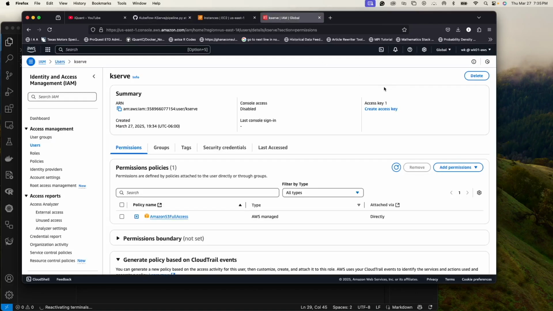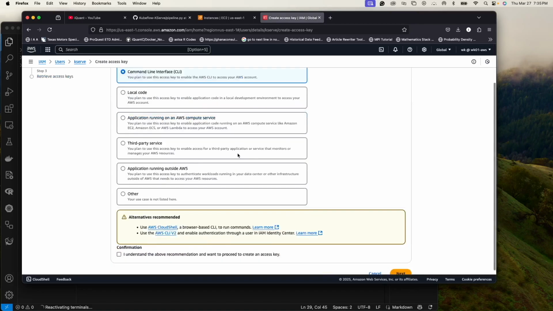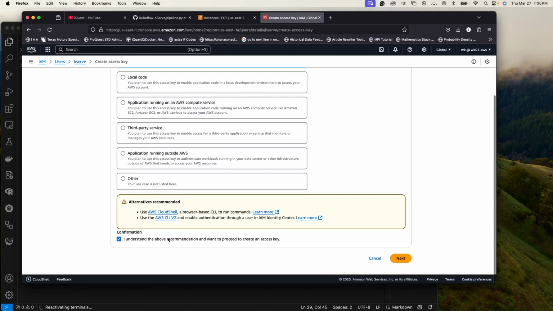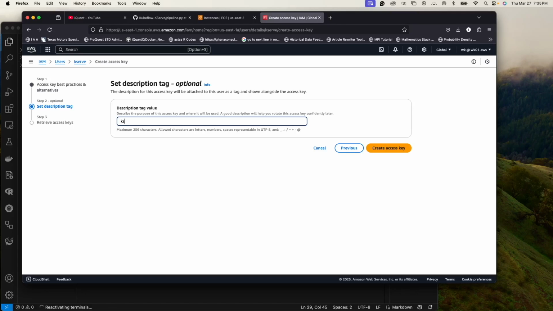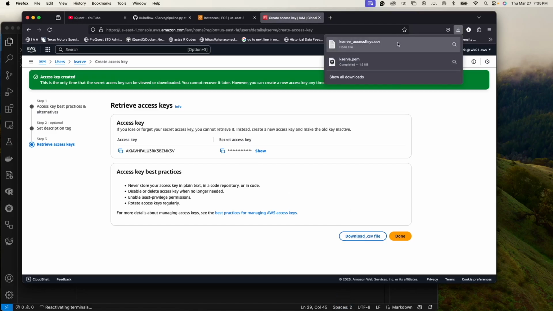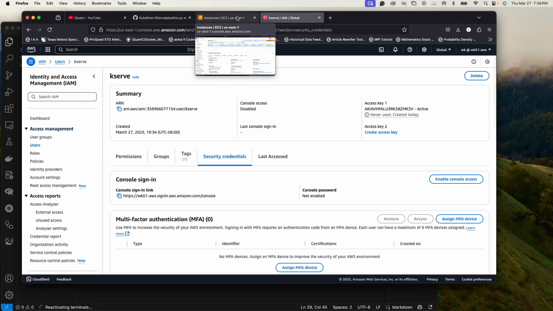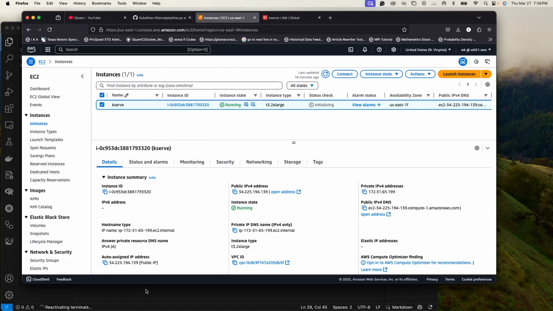So I'll create some access keys that I'll use for that. I'll give this CLI. I understand. Next, for this KServe user, create access keys. It's created. This is the access key and this is the secret key. All right, I will just download the CSV file. It's downloaded right there. I've saved it safely on my local machine. Done. Now we can go back to our EC2 instance and follow